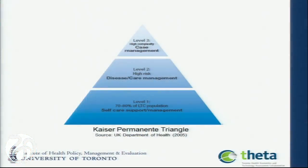And this is an image many of you will be familiar with, that as we look at our healthcare systems, it's not so much aging that is the tsunami that's going to overwhelm us. It's the extent to which people age in chronic and debilitating conditions versus healthy. And the triangle is very important, because what it suggests is the vast majority of the population, 70 to 80%, can be sustained, can be supported through self-care, supportive care, low levels of the small things that help